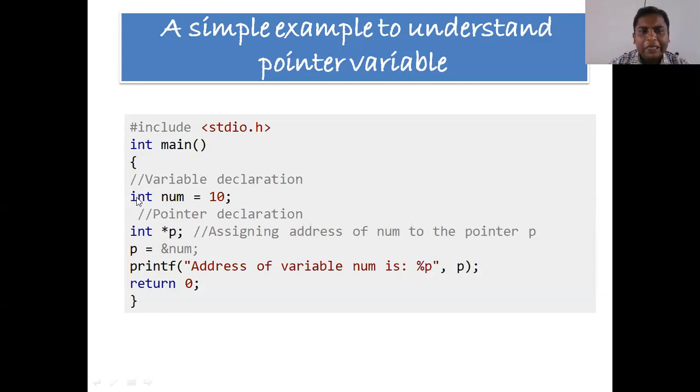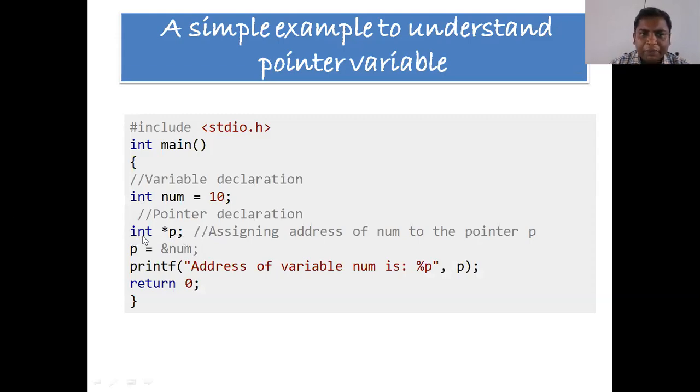So let us take this example program. Here I have declared a variable num and initialized it with the value 10. Then I am doing pointer declaration and initialization in two steps.